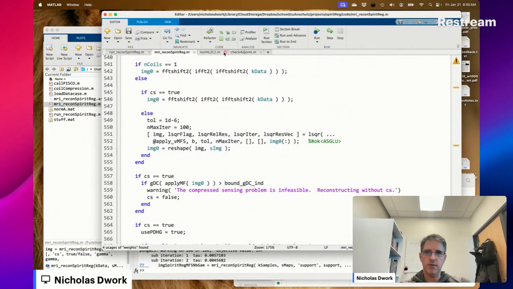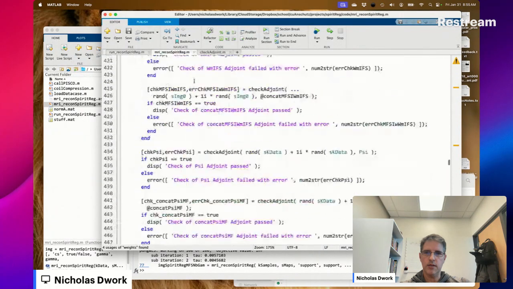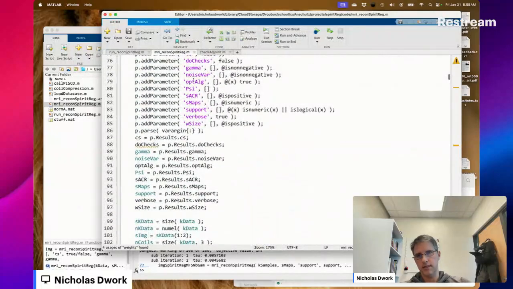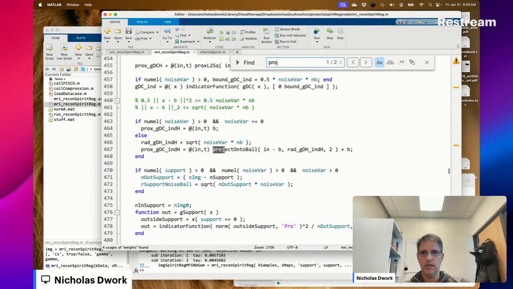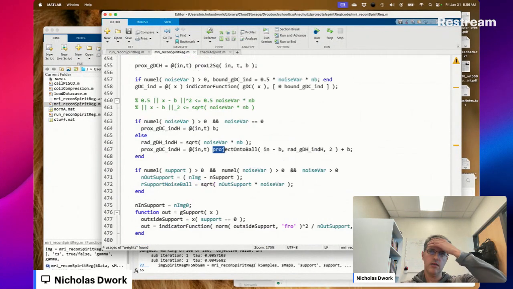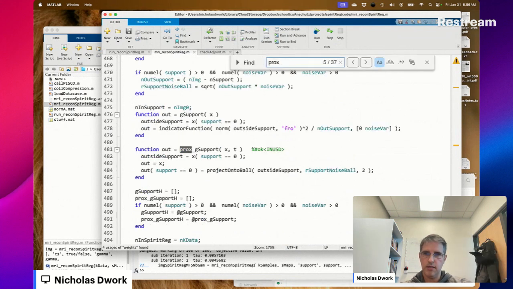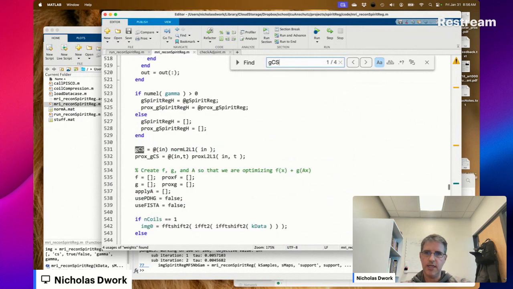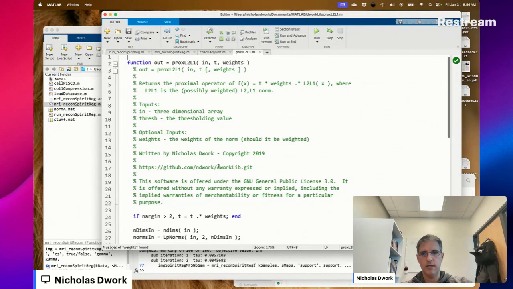Is the projection wrong? Yes. Oh, wait. Is the proximal operator of GCS wrong? Probably not.